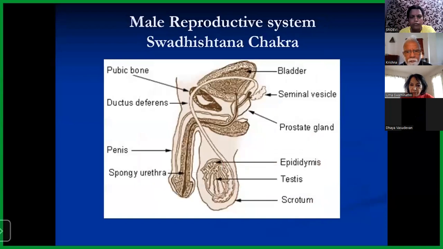Similarly, testis also has cells which are called spermatogenic cells. They are germ cells, but they don't multiply to produce what are called sperms. Sperms are produced only at a later stage, but these are developing. Both in testis and ovary, cells are developing. They are not mature enough to produce the ova or the sperms.